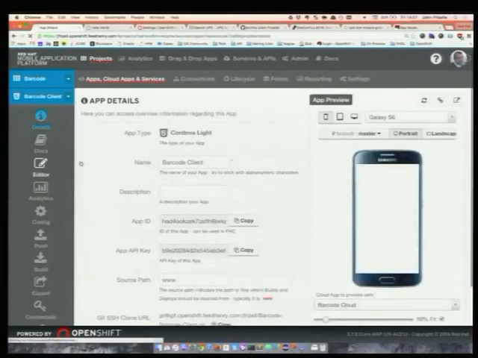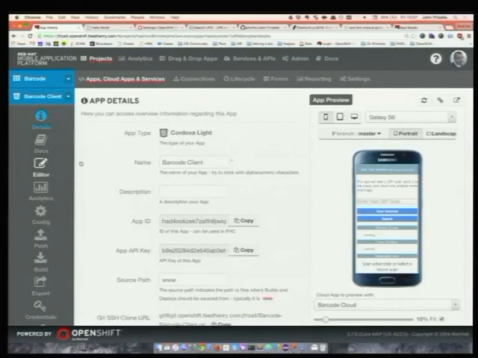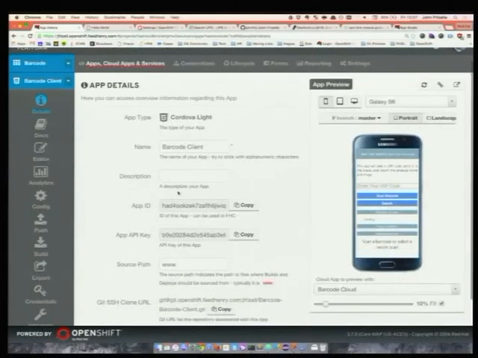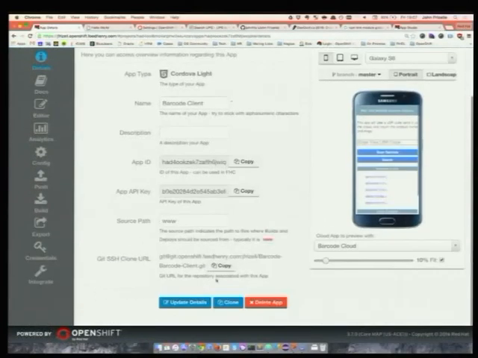Within the client application, we have a set of details about the application, IDs, access keys, Git URLs. So all of the applications that you create are backed by a Git repository hosted within the platform. So straight away, it should start feeling like a fairly familiar workflow. You git clone, and you can start developing locally.